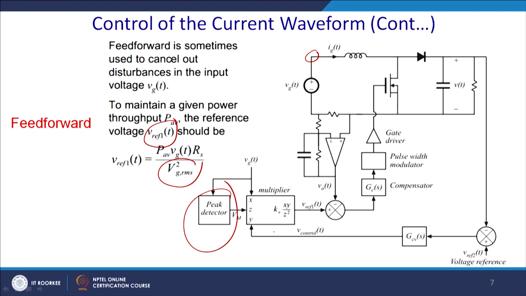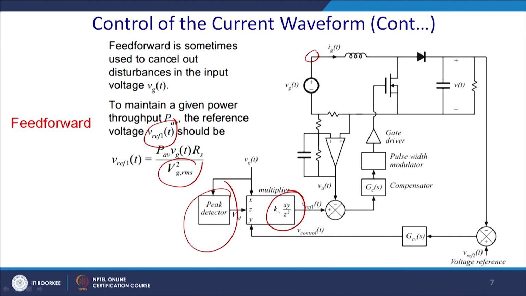Accordingly you can adjust whether there is a sag or swell, and accordingly you get a value of basically kV xy by z square. That essentially will set the reference current. Ultimately it will be compared with the VA. So, this will be a current sensing resistor or Hall effect sensors, whatever may be, and then this is a